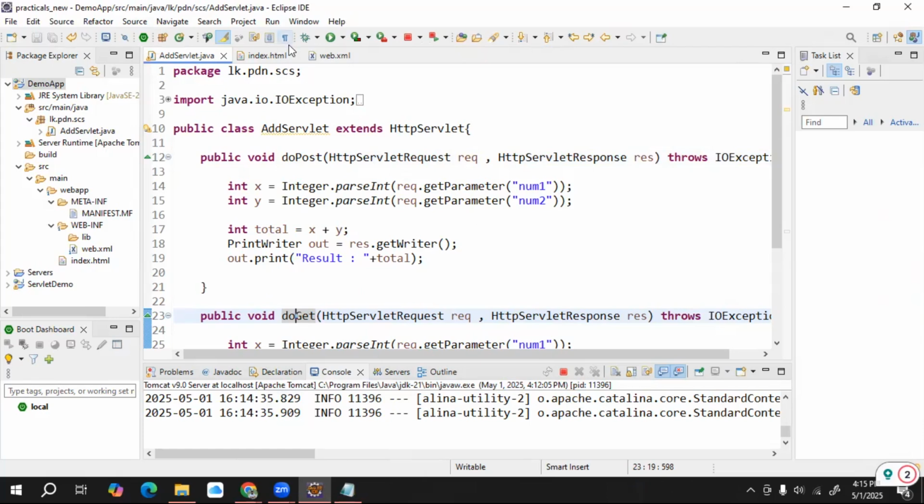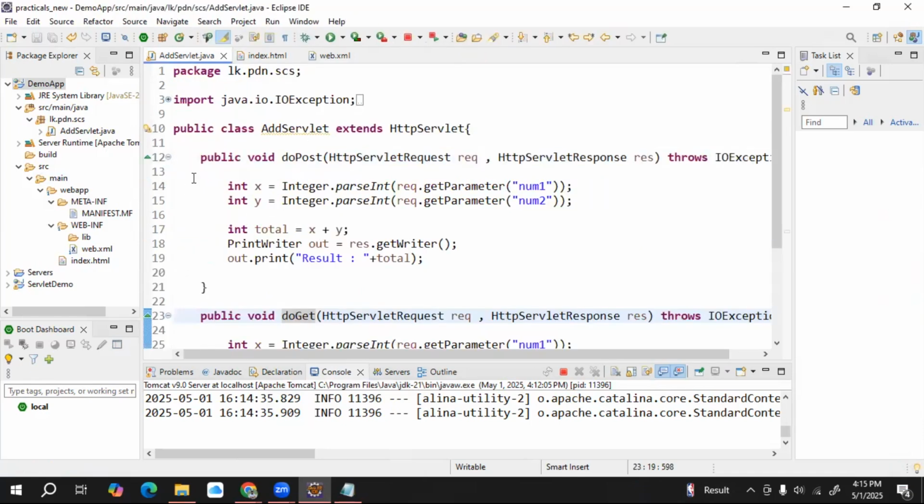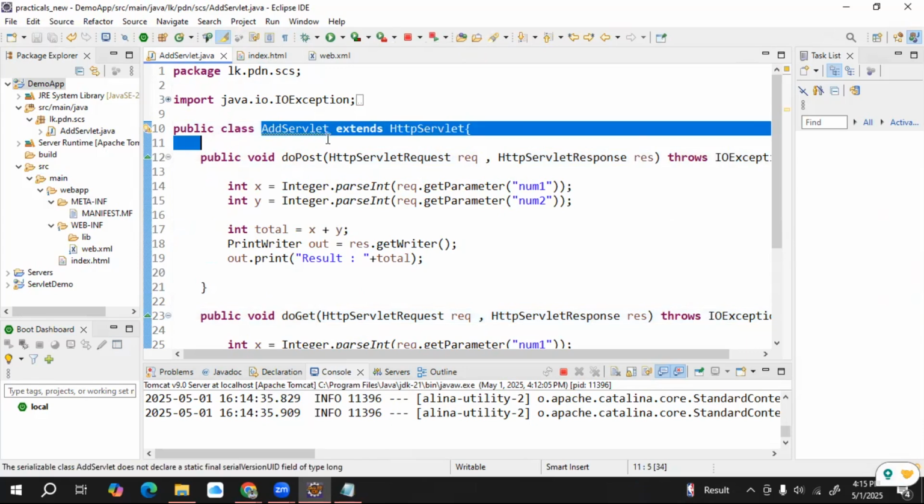Here, I'm only sending a request from this form and handling it with this servlet. Let's have a look at how you can implement more than one servlet and how to execute all of these servlets, so how to link these servlets through this server-side implementation. Okay, for this example,